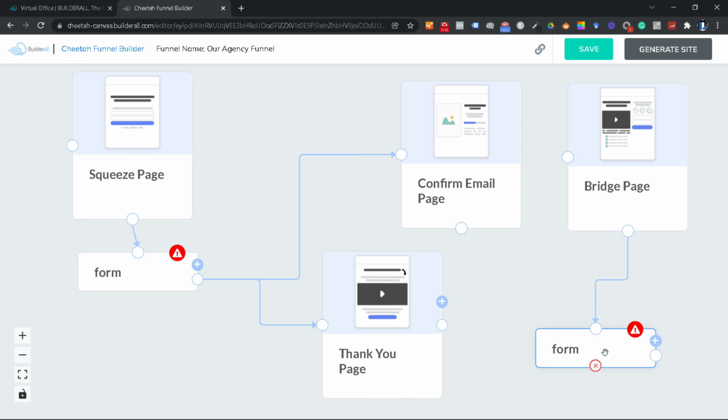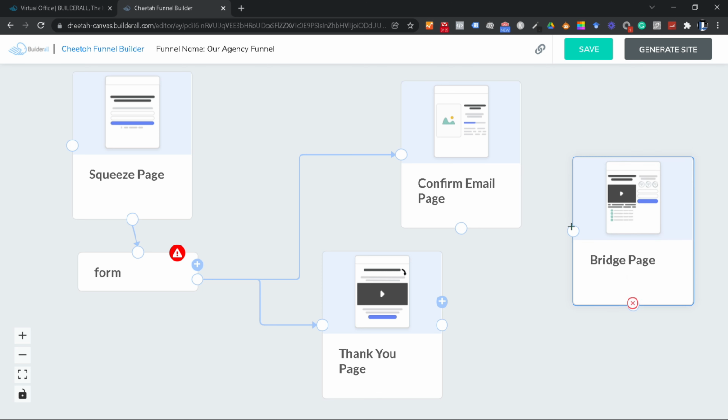We have another form, of course, for the bridge page here. It's a form page. Wanna delete that, we just hit the X here. And now we could connect this. Let's say we want to connect it here. Or if we change our